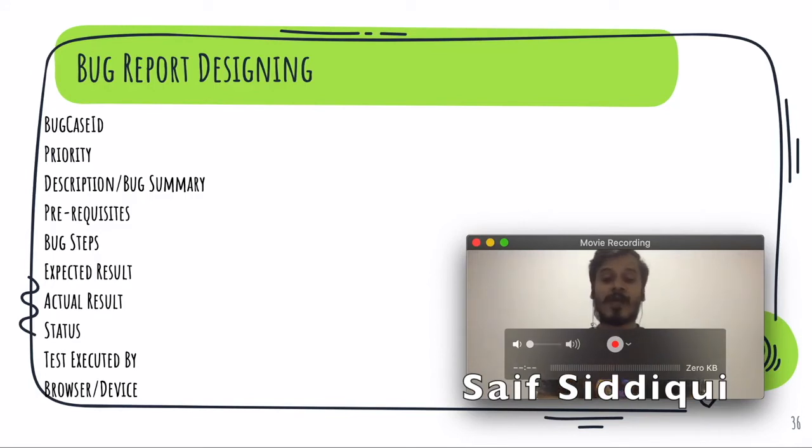Description, bug summary. So basically in this we write what exactly the bug is all about. Say for example, I am using any application, say Amazon, and in Amazon application I am not able to add my item into the cart. So this is an issue and it is a very critical issue because I am not able to add my item inside the cart, and it can cause huge financial loss to the organization. So therefore this issue will be of high priority and we need to fix it as soon as possible. So for writing this description or bug summary, we can write unable to add items inside the cart.